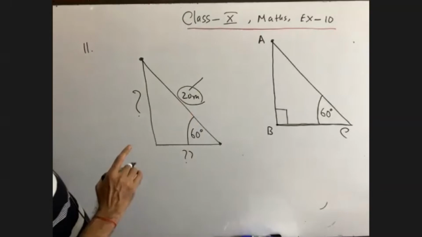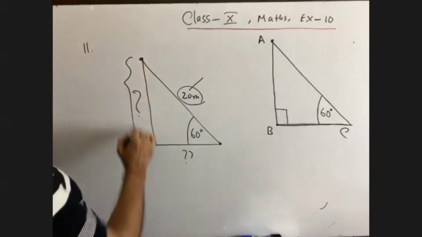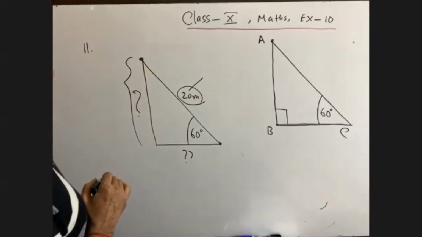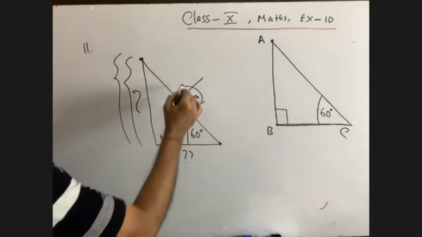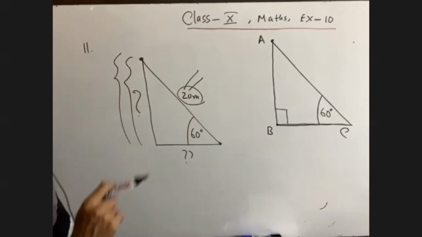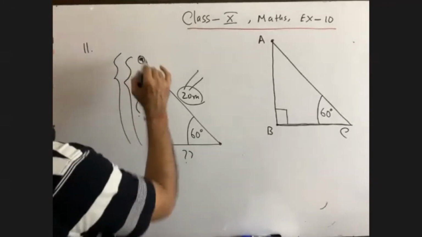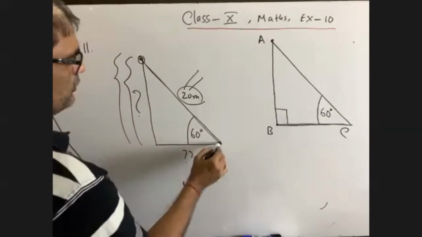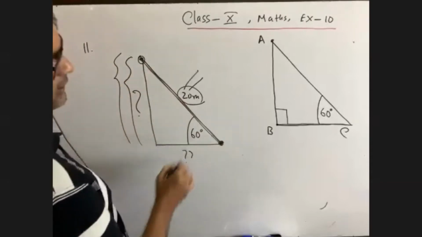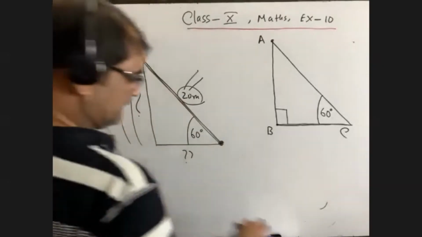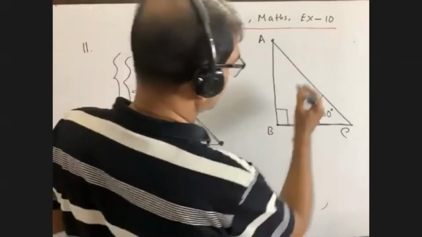Remember one thing, it is told in the question to find out the height of the tree. Okay, we are required to determine the height of the tree. So definitely this 20 meter is not the height, number one. Number two, is it base? It is not base because in the question it is told from the top and any point on the ground. This is the top and this is any point. So this is 20 meter. I think you have got me right. If you fail to understand, you are requested to talk to me. It is 20 meter.